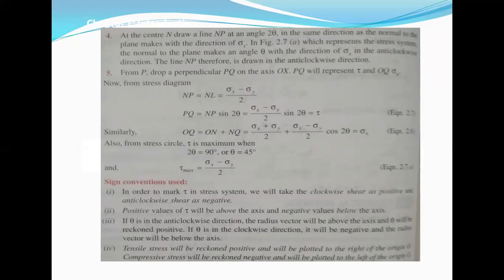Next comes the sign convention that is used. It is a very simple sign convention, the natural sign convention. We will have a coordinate system of x and y, and from the origin point O, moving in the rightward direction along x is positive, and similarly along y is taken as positive. So in the backward, negative x direction, we'll have negative stresses, and in the negative y direction, we'll have negative y stresses and strains.